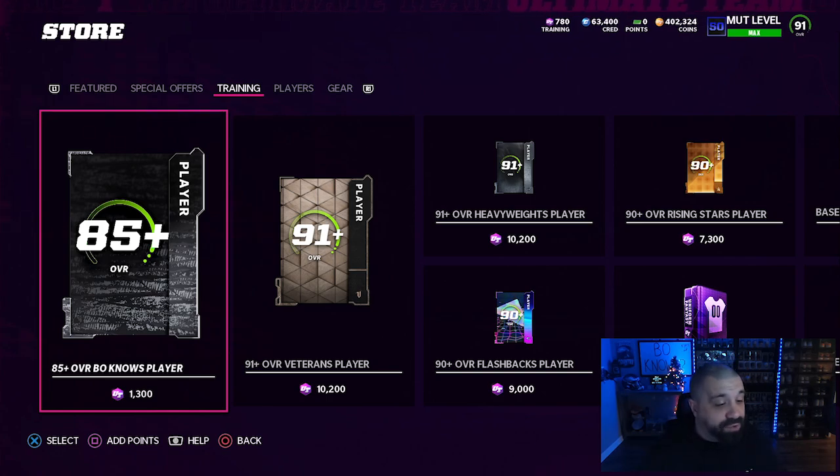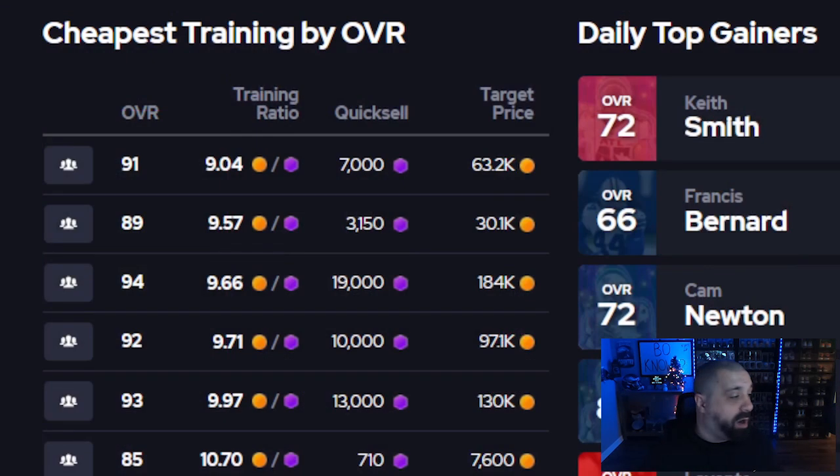And if you don't have enough training to open up this pack, well, here are the cheapest training rates out there by overall. This is mut.gg/prices. Definitely bookmark it. It's going up a little bit. Last night it was 8.5, high 8 coins per training point. We're into the 9s now, and after 91s being at 9.04 coins per training point,